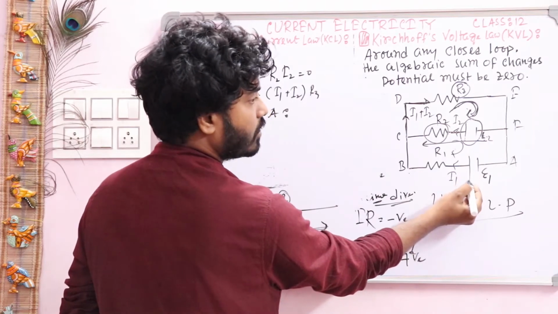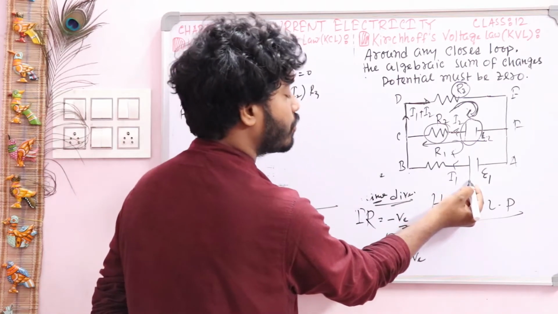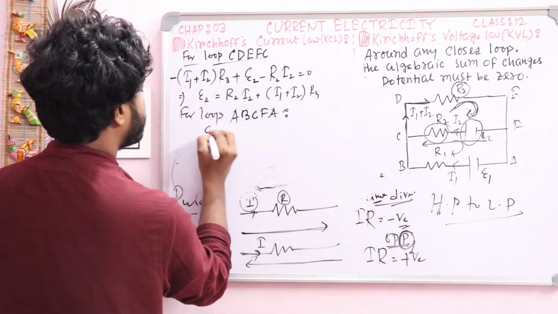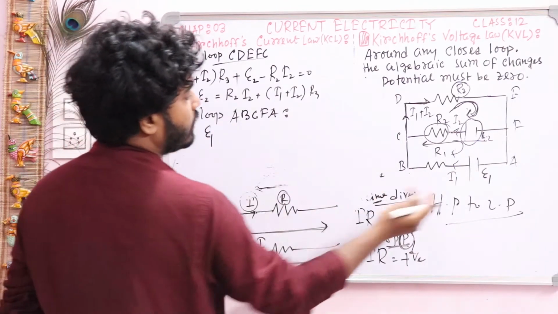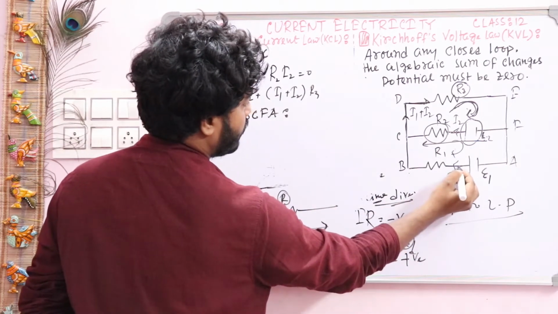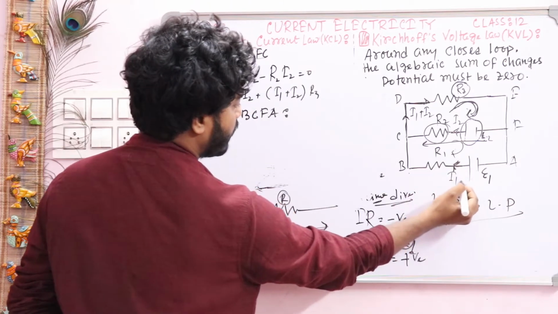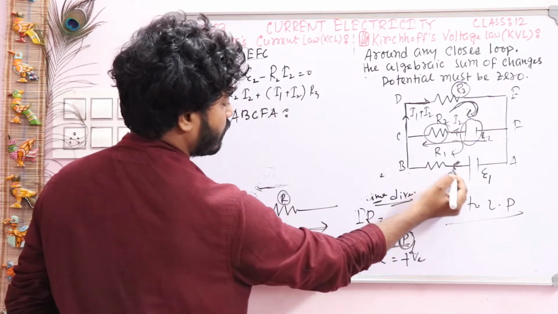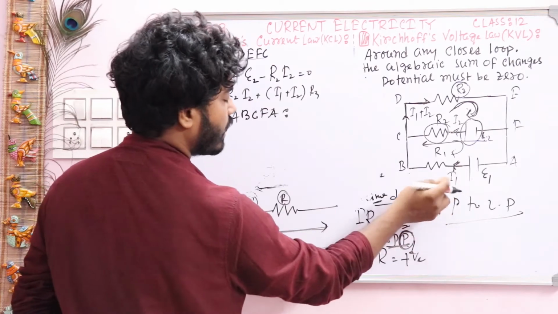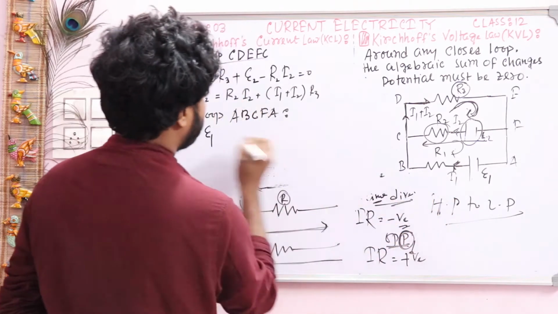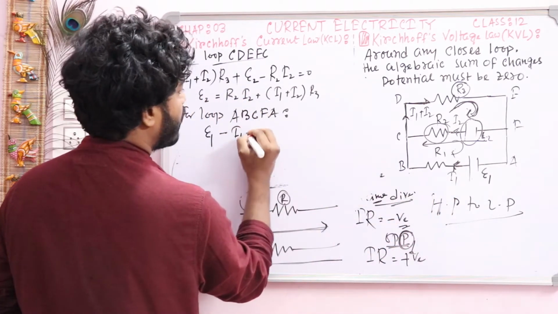You ended at positive, so this E1 will be positive, plus E1. Then you just see the direction of current in this way is I1 and your direction is also the same. The direction of current and your direction are the same, so this value will be negative, that is minus I1